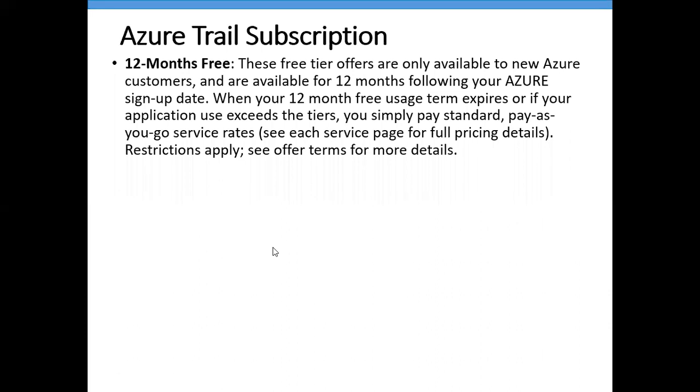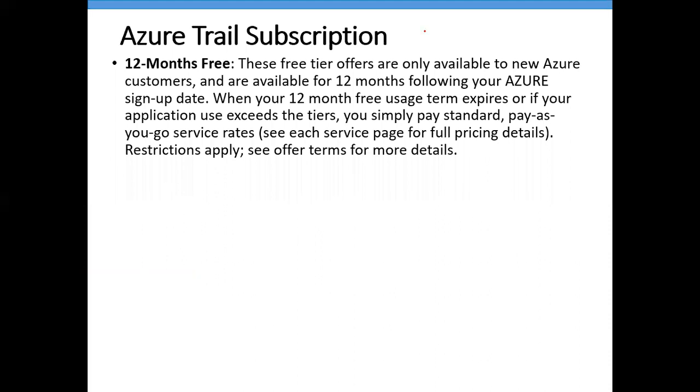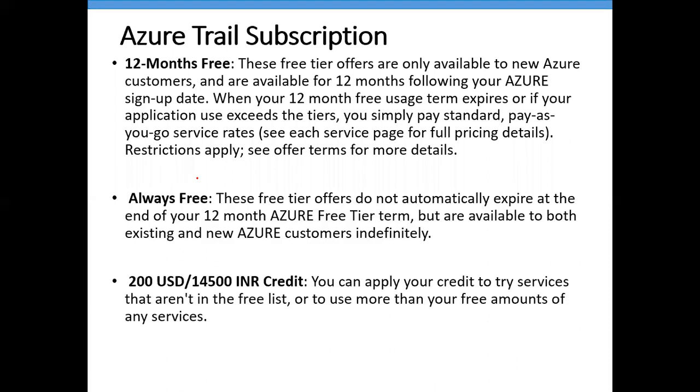Now, coming to an option called subscription. Whenever we create our Azure account, I'll teach you how to create it in the next session also. By default, they will give you credit for 30 days.